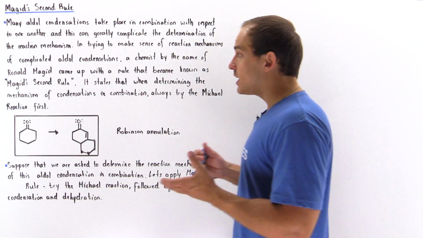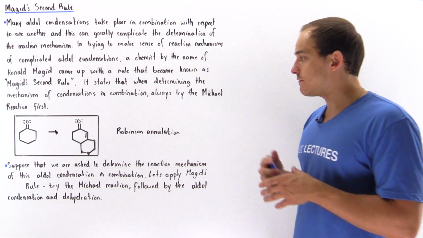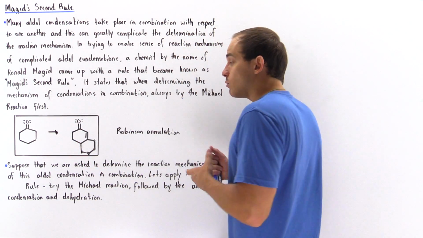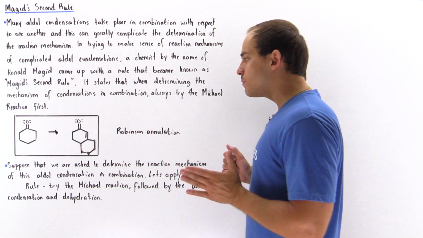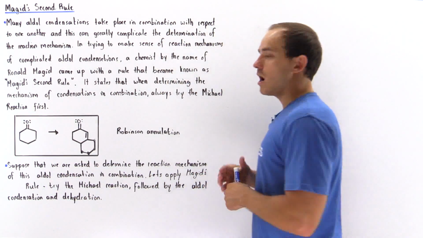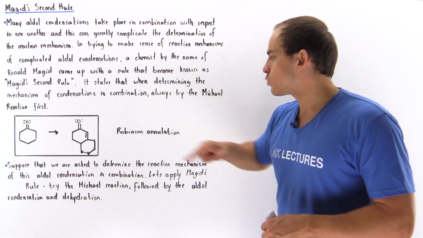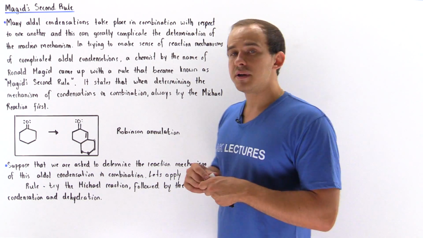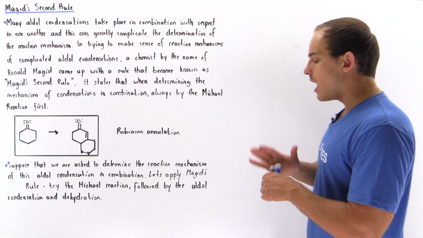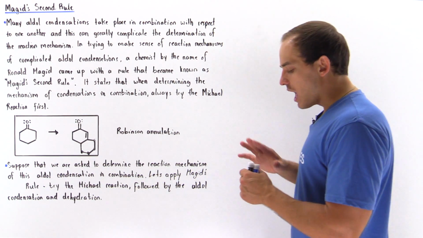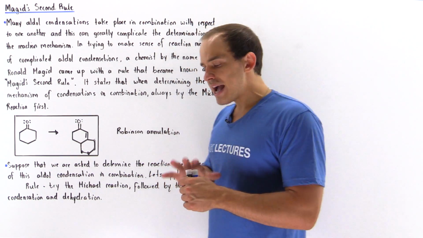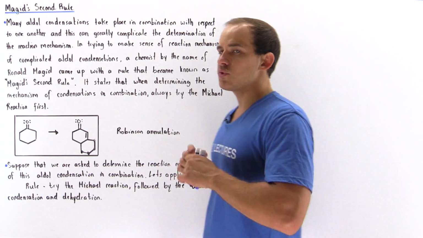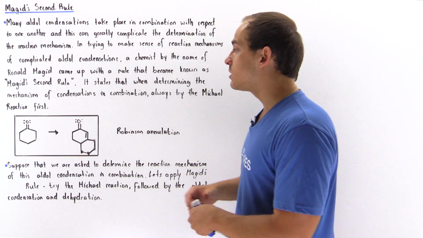So, to see how we can apply Madgett's second rule to solve our problem, let's suppose we have the following reactant and this product, and we are told that we want to determine what the reaction mechanism is of this reaction. This is known as the Robinson annulation. And basically, we know that this is an aldol condensation in combination reaction. So let's apply Madgett's second rule. Madgett's second rule states that first we have to try the Michael reaction, followed by the aldol condensation and